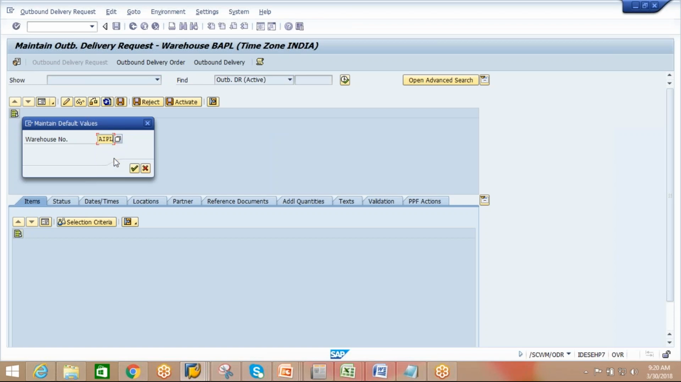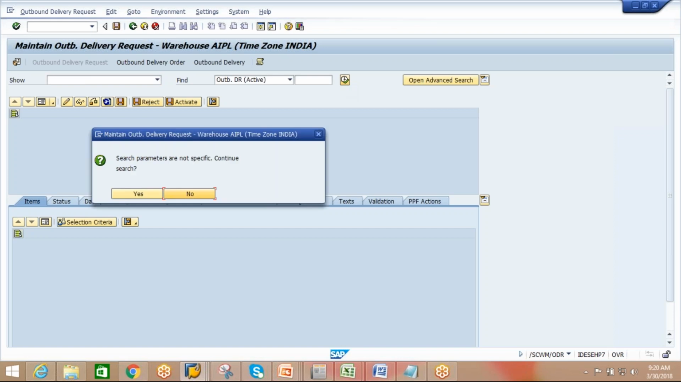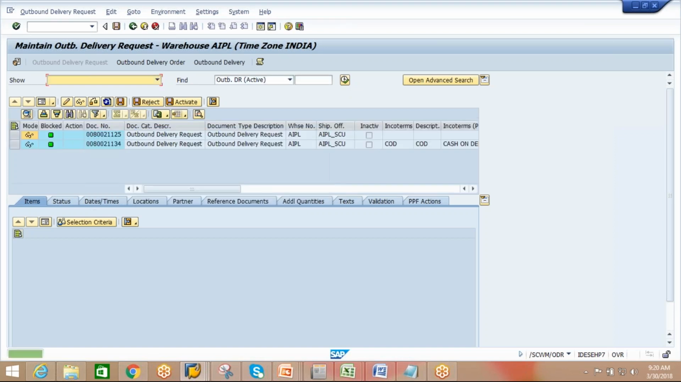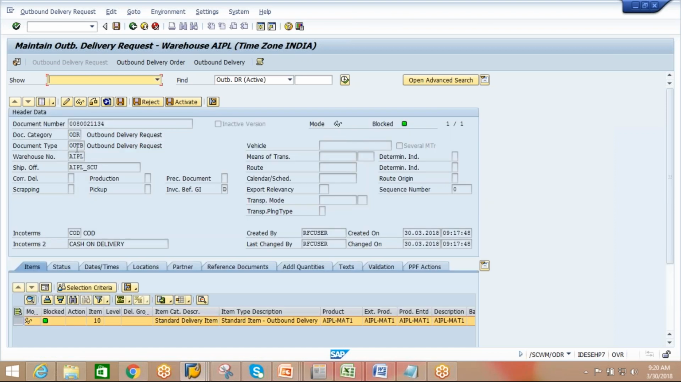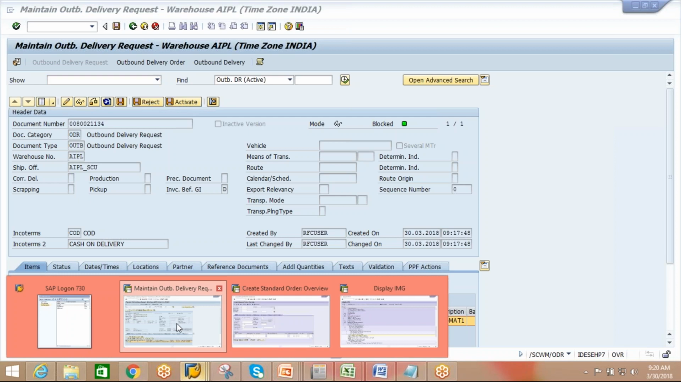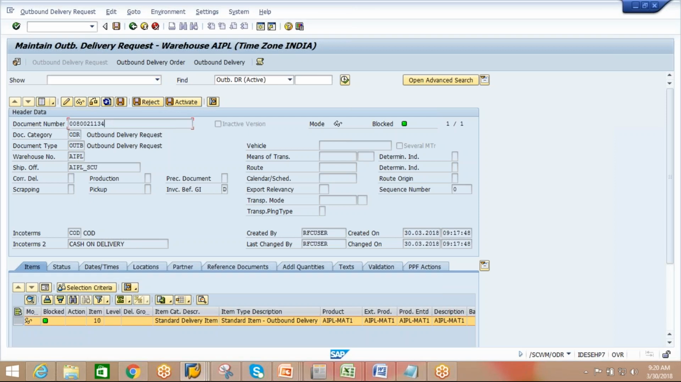AIPL. Execute. That is distributed. Okay, this thing AIPL is distributed. This one, just now we created, right? This is distributed. Okay, and we can see the document category, document type, etc., just like our inbound. There in our ECC,